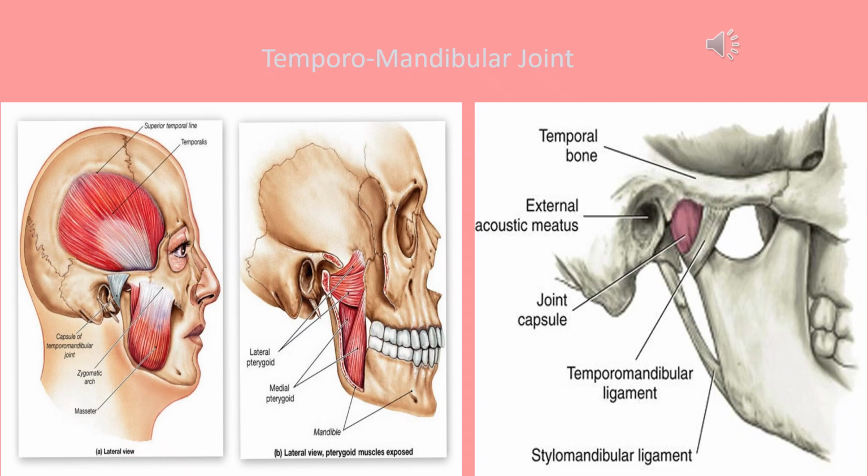Well, we also have ligaments. There are actually three ligaments. So look at the illustration on the right. There is the temporomandibular ligament, usually called the lateral ligament of the jaw, and connecting the styloid process of the temporal bone to the angle of the mandible, that is the stylomandibular ligament, and not shown here